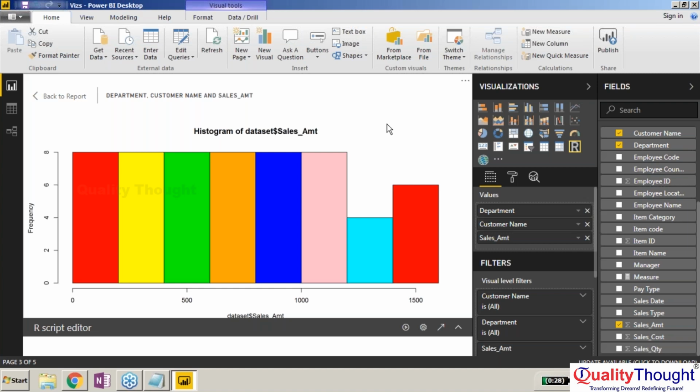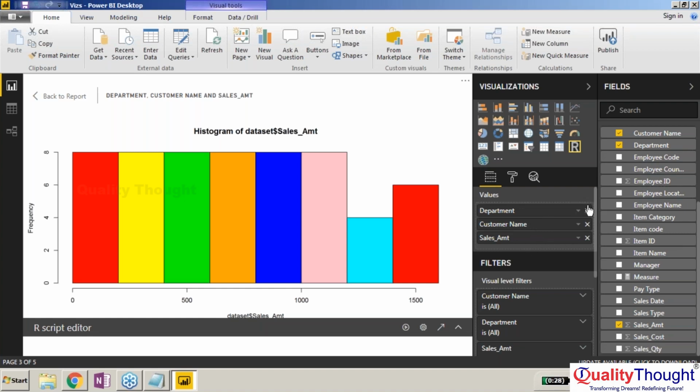Now, what modifications can we do? What is the dynamic nature here? Because if you wanted to write the R script, you can write it in RStudio itself and generate the visualization there. Then what is the use of Power BI here? What is the important usage of this integration? Here the dynamic nature of this is going to be